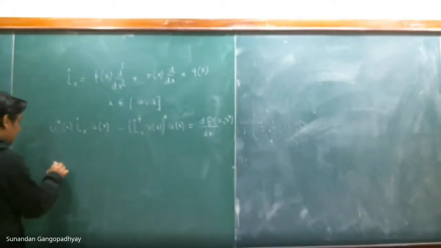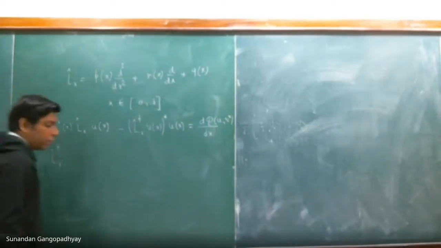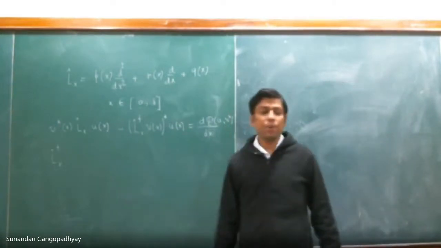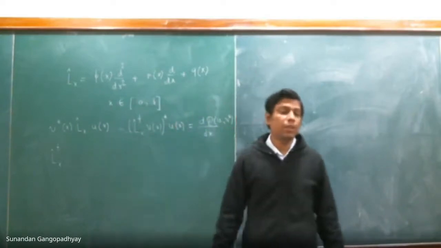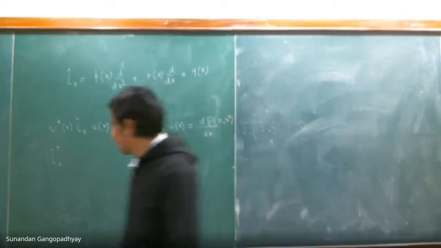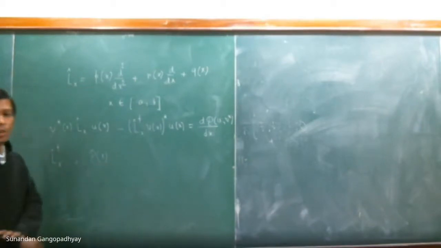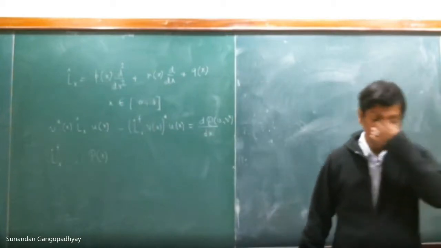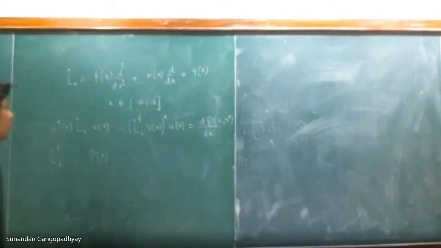From the Lagrange identity, what we did in the previous lecture was to find the form of the adjoint operator. When you recast it in this form, you can just read off the form of the adjoint operator L hat dagger x, and that we had done in the previous class. What you can further do is read off the form of the function Q of x. Q of x is basically this total derivative term, and that also you can read off from the Lagrange identity.